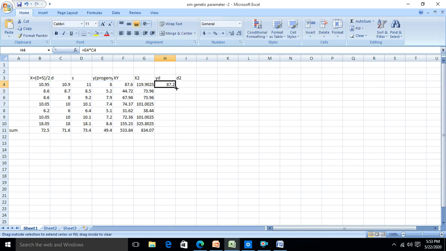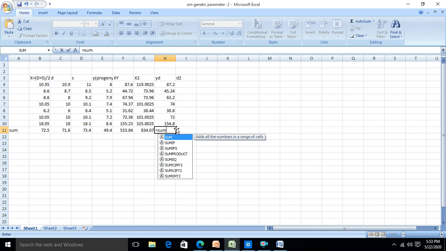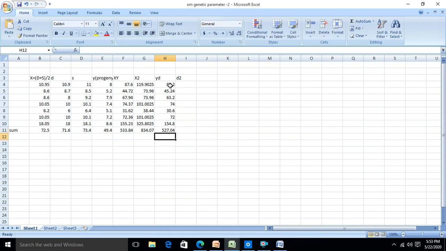87.2. Dragging it just before sum. Please don't drag it in this column. You will again have an erroneous result, because this last one will give you the product of the sum of this D and Y, which you do not want. You have to sum it directly. आपको इस column का sum चाहिए, which is equal to SUM. Drag it for getting the required sum and you get the summation YD.